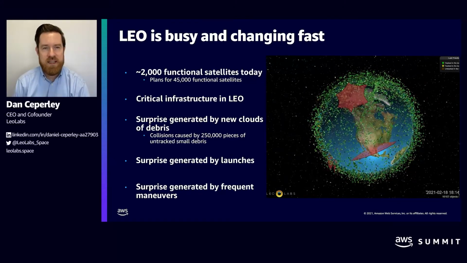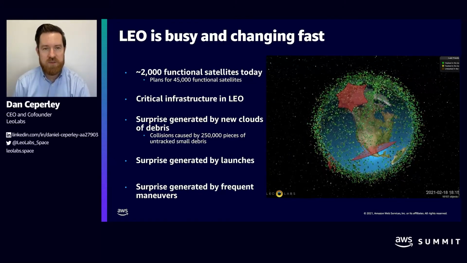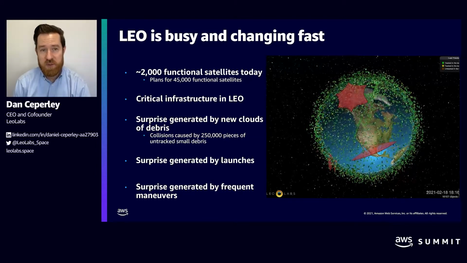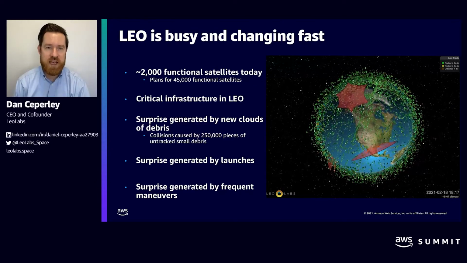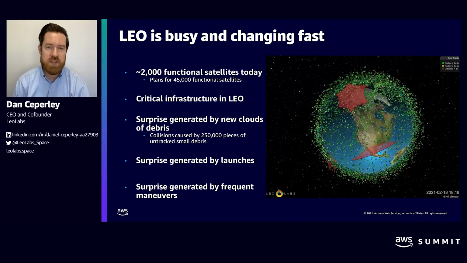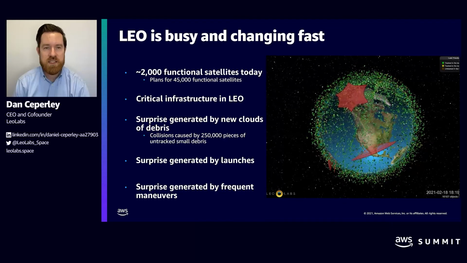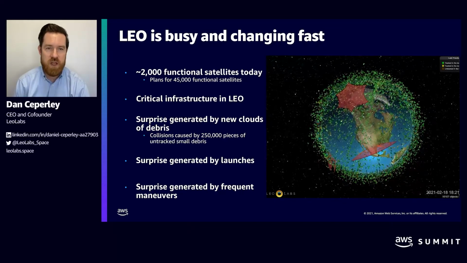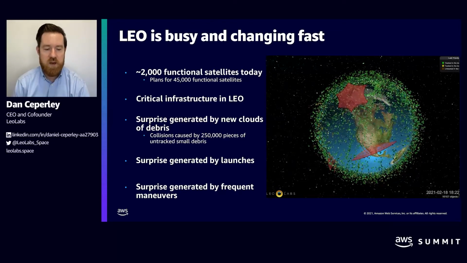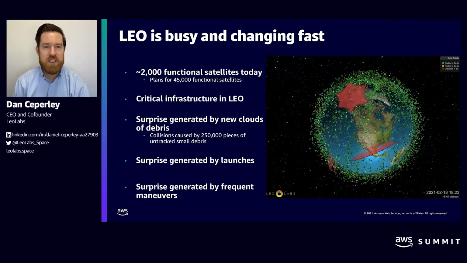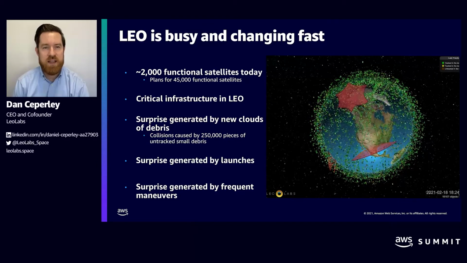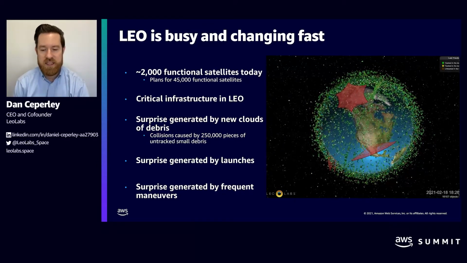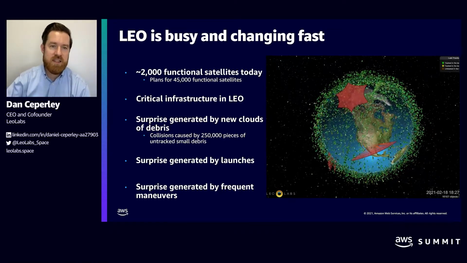On top of that, there's already a significant number of satellites, and for the purposes of this conversation, space debris that threaten those satellites. So the numbers are quite important. There's about 14,000 pieces of space debris tracked today, and there's about 250,000 pieces of small debris that are not tracked but threaten satellites. So that debris and that new satellite traffic is critical for the space industry, and the scaling in those numbers is the reason we're here today talking about this topic.